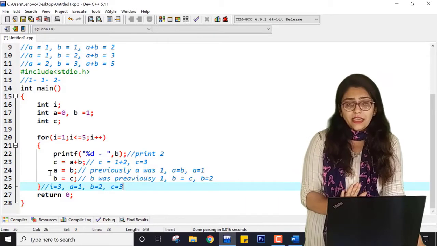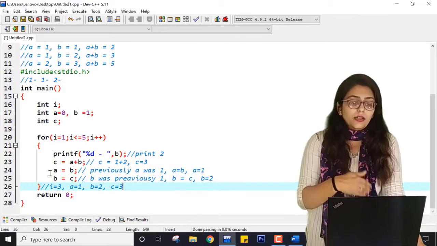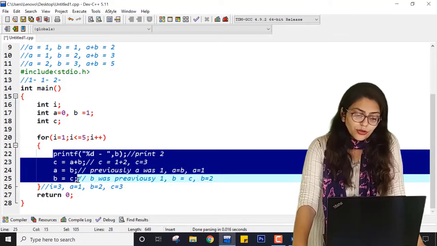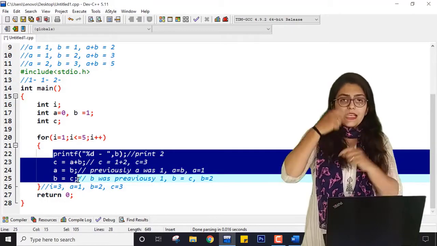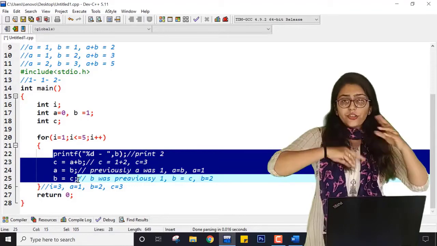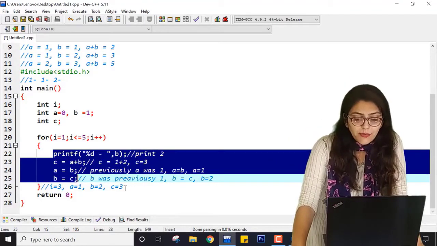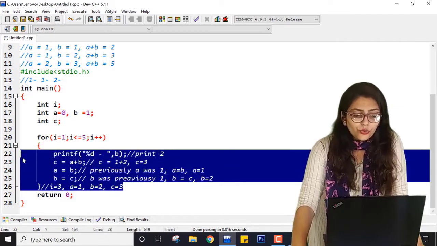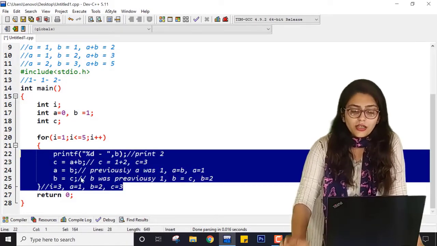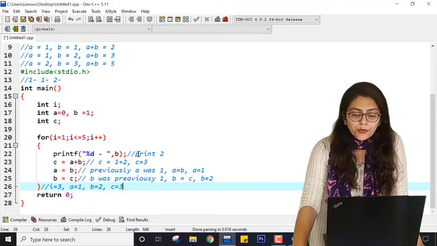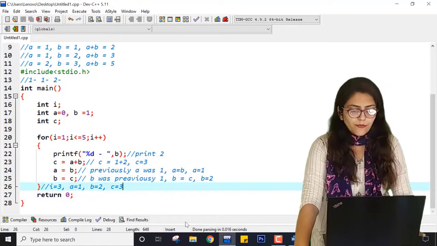It happens at the beginning, but if you are practicing this code, now your homework program is: without using this logic, or by interchanging the places, can you still get the answer? Check this by yourself by trying to use some different lines or logic or alternative lines. So this is your homework program. If you do that kind of programs, you will be able to understand this program very easily.